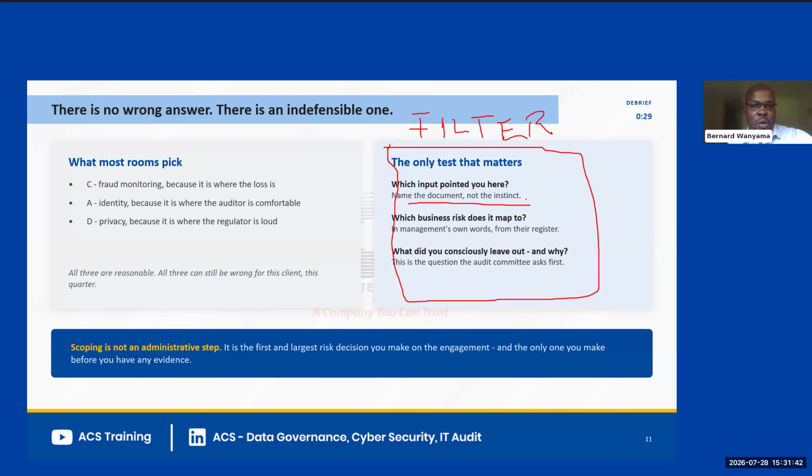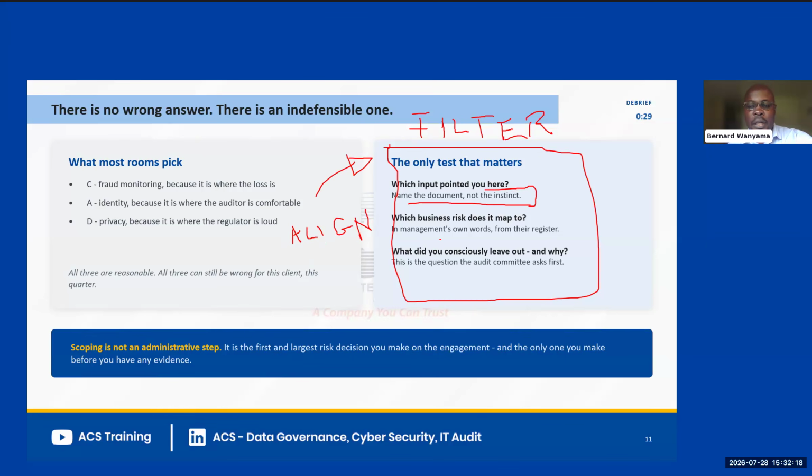Is it just our instinct, or are we able to speak to a certain requirement, a certain mandate, a certain issue, certain evidence that we can point to, and remove the instinct or the gut feeling or the experience that we come with, so that we're not biased to our own experience or our own concerns, but we are actually aligning with what the client is actually suffering from or what their pain points are. So we must have that alignment step through filtering.